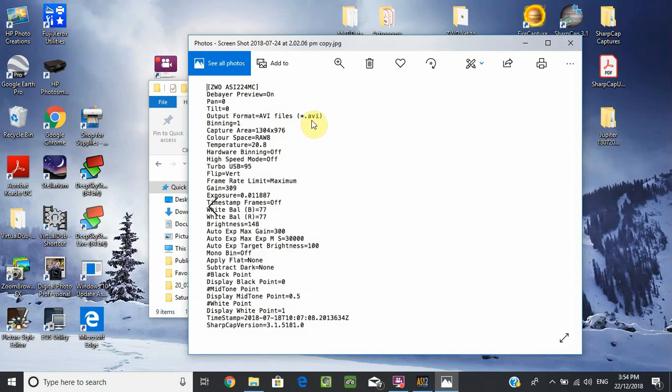In there is all your metadata, type of camera you're using, what you're shooting in, color space RAW 8. I probably should have shot in color space RAW 16. That would give me more color depth. And that is the capture area, 1304 by 976 resolution. The important things here are the gain. You try to stick around 300 for Jupiter. Every planet has a different sort of gain, but